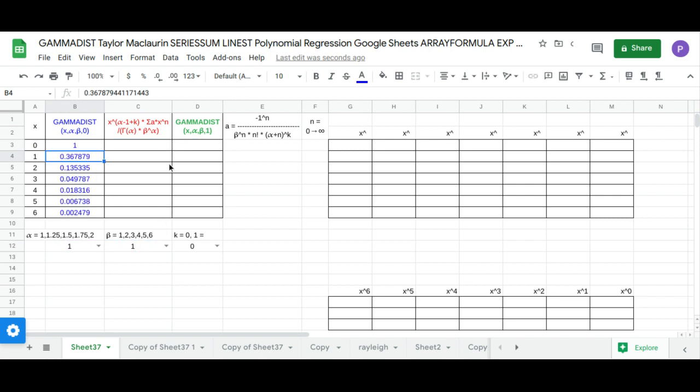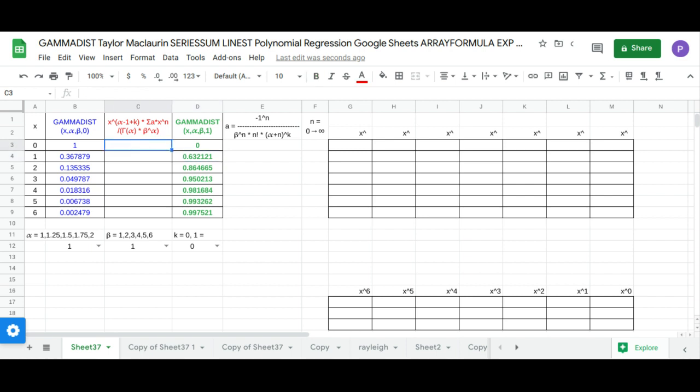And likewise, the cumulative distribution function is array formula, GAMMADIST of the x values, and this will be our alpha, followed by our beta, and it is 1 because this is the cumulative distribution function. We're not using k because this belongs to the